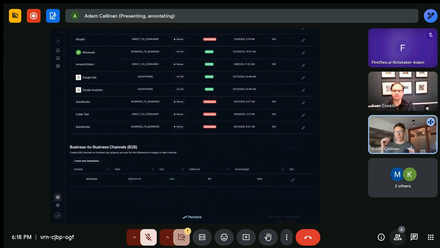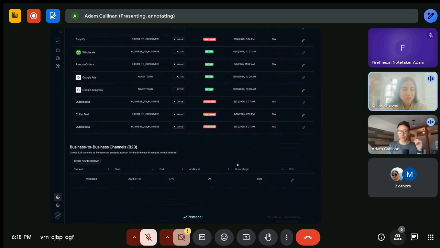And I don't want to get too far into the weeds and make this confusing, but as the business does B2B revenue and as the business does D2C revenue, based on this gross margin number that we've entered in here, it's able to back-calculate the correct D2C gross margin based on what's in the P&L. Does that make sense? So in the big scheme, it knows that, it calculates for that, it corrects for that. So you can look at the